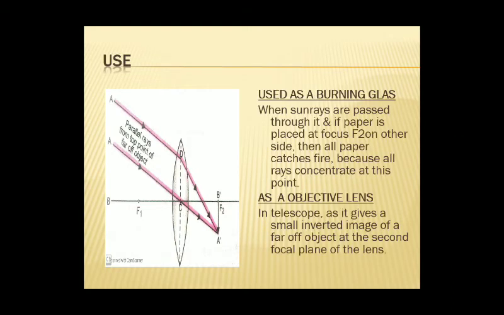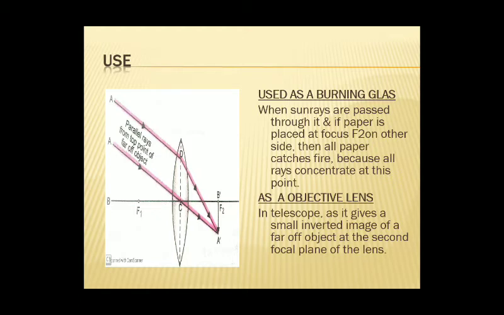Now where do we use this particular lens? On the basis of this ray diagram, when the rays are parallel and coming from infinity, they concentrate at focus. So if we take the sun as an object, all the sun rays passing through the convex lens concentrate at focus. At focus the temperature rises, and if we put anything there, we can use it as a temperature concentrator.